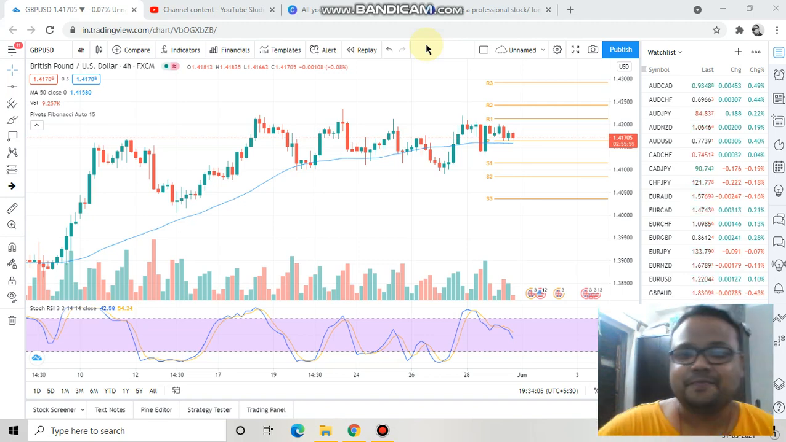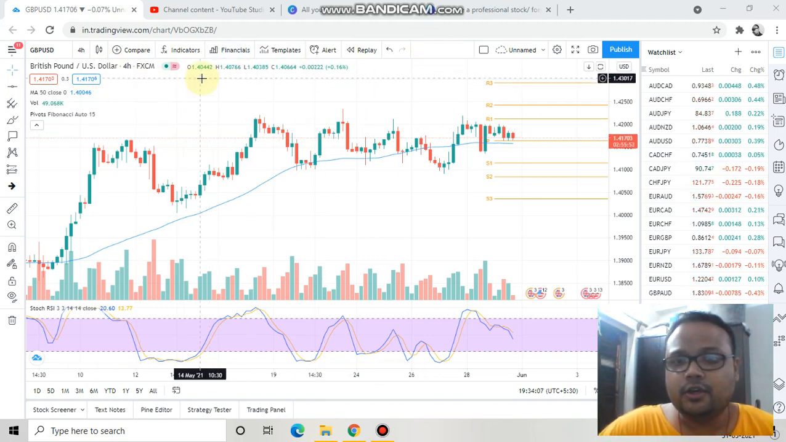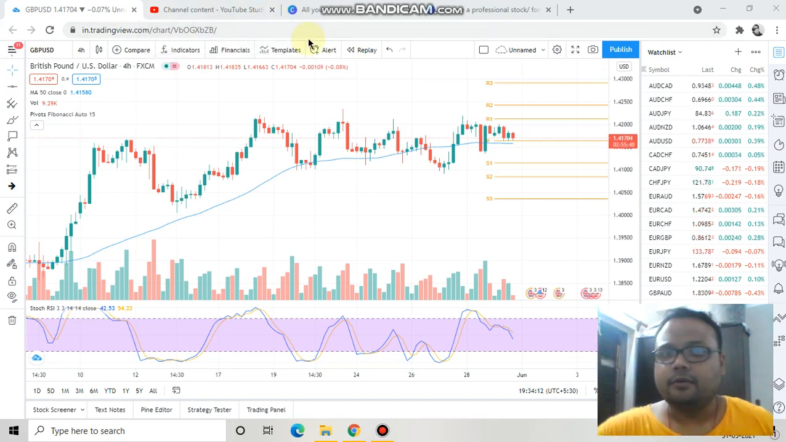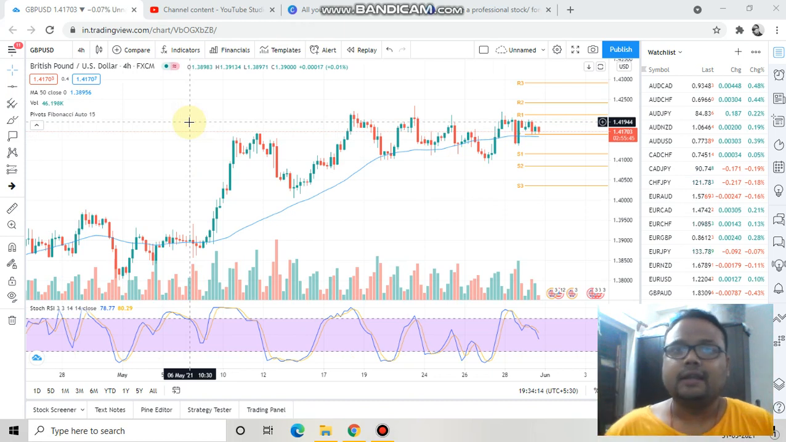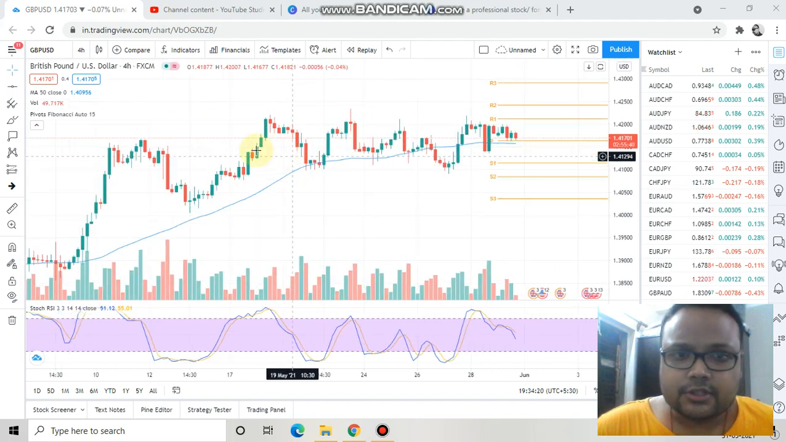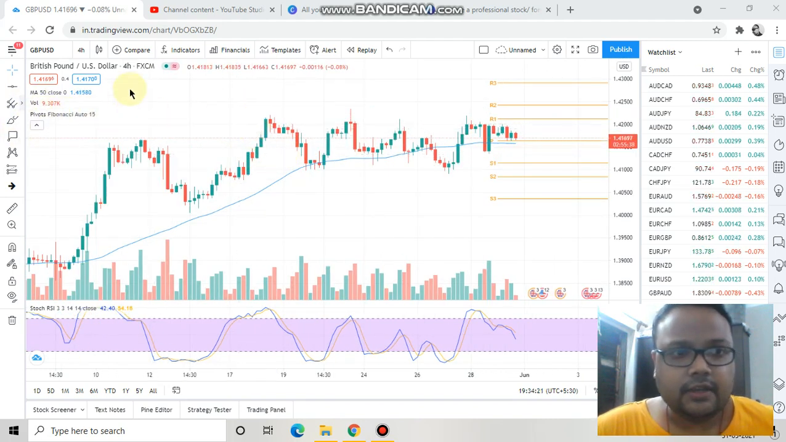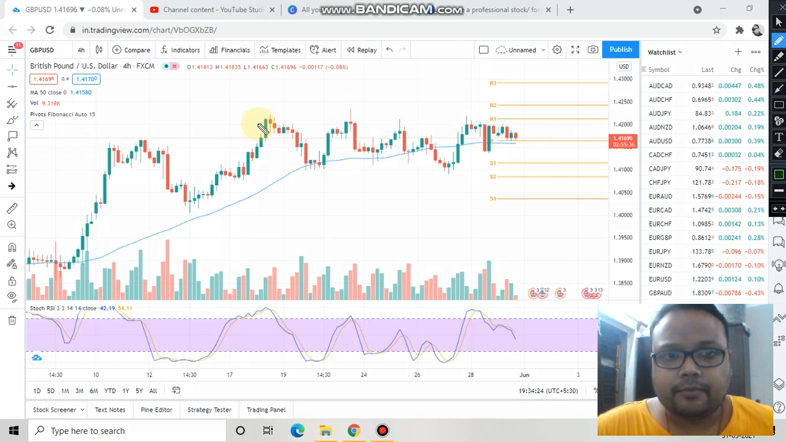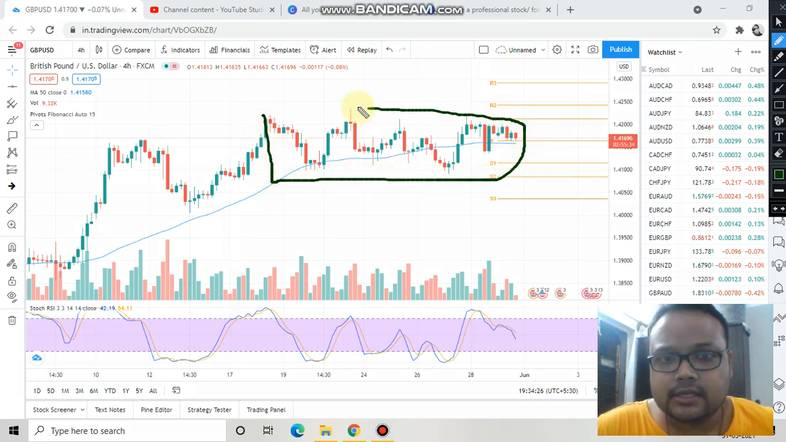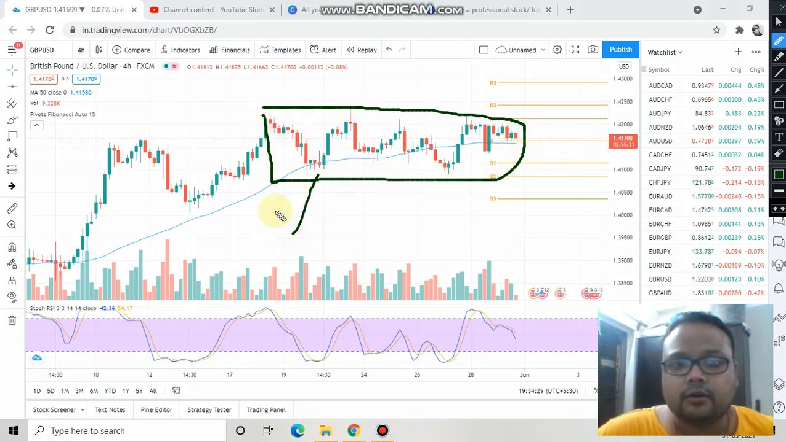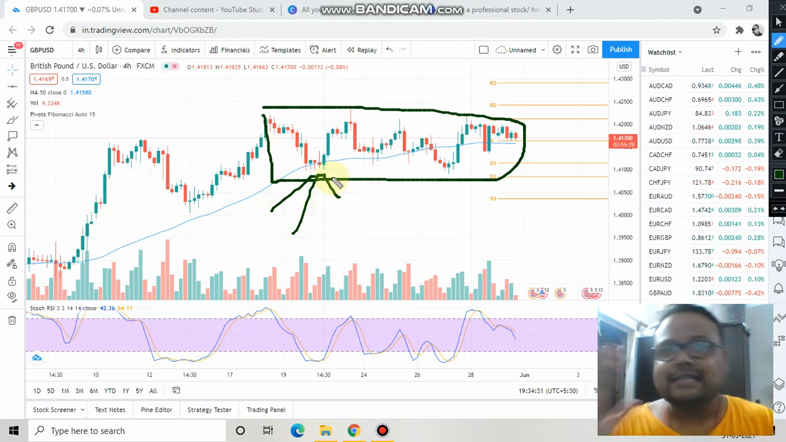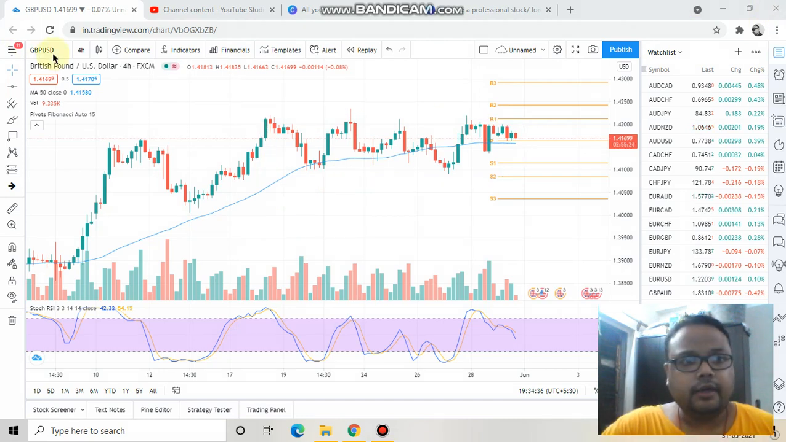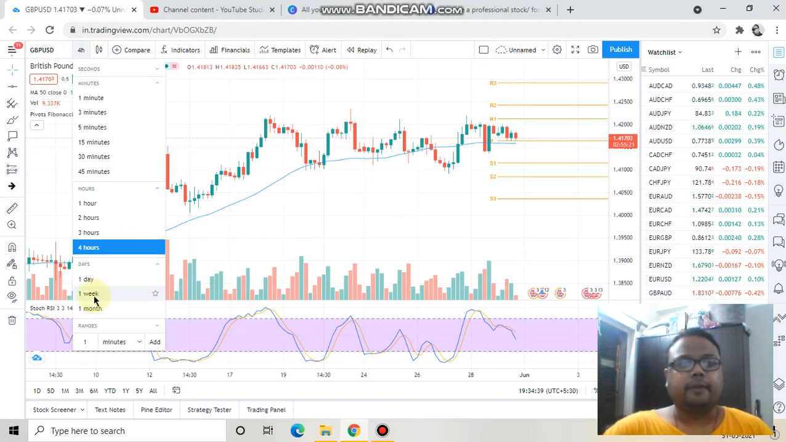Let's get started. So this is the chart of GBP USD, and as we all know, the market is in a tight range right now. If we look at the overall chart, then there is no doubt, no denial that the market is in an uptrend, is it not? And I have already discussed in my previous videos that though the market is in an uptrend, it is in a tight range. Just concentrate on this particular portion, and you can easily see that the market is in a tight range. And if we switch to the weekly time frame,